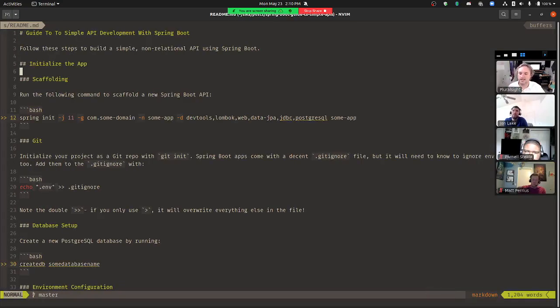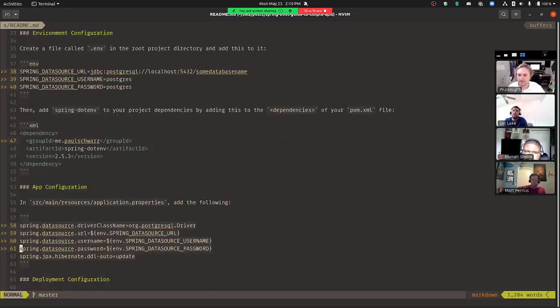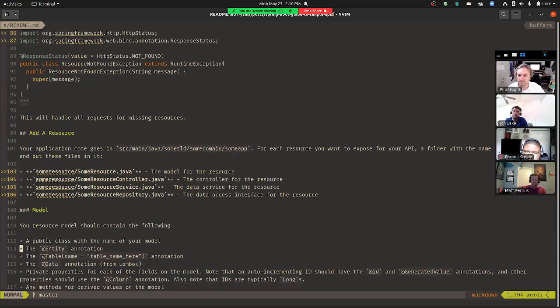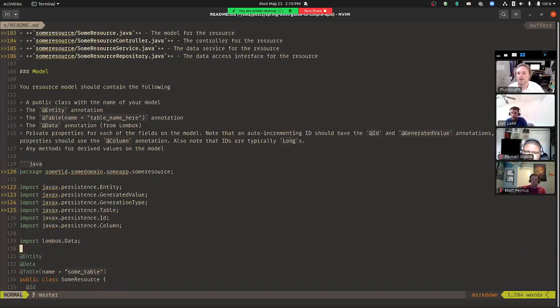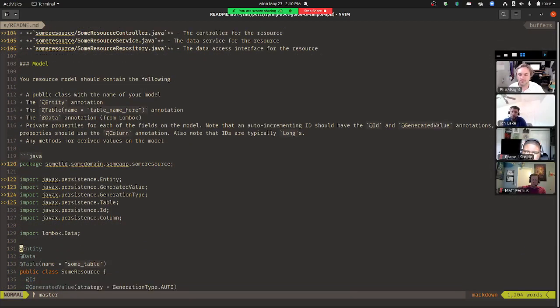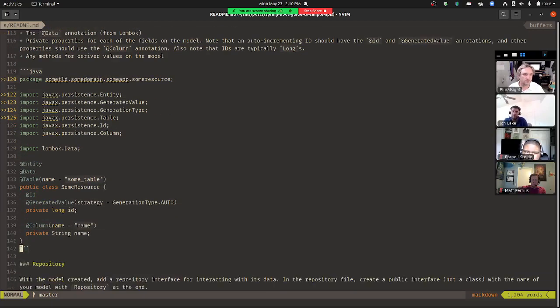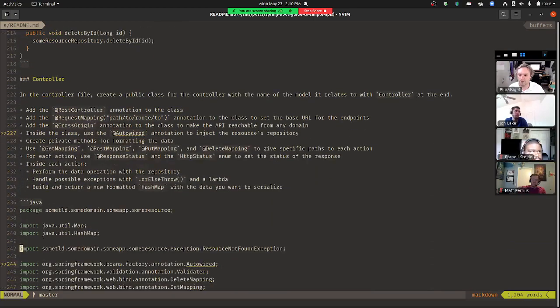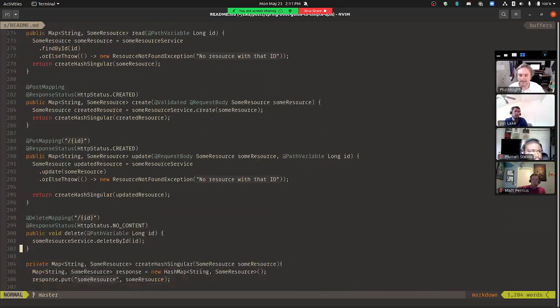So this has a step-by-step guide to everything that you need to do to make a Spring Boot app. And if you can sort of get by with the syntax, I think you'll be all right. Follow all those steps, you will have a deployed API.